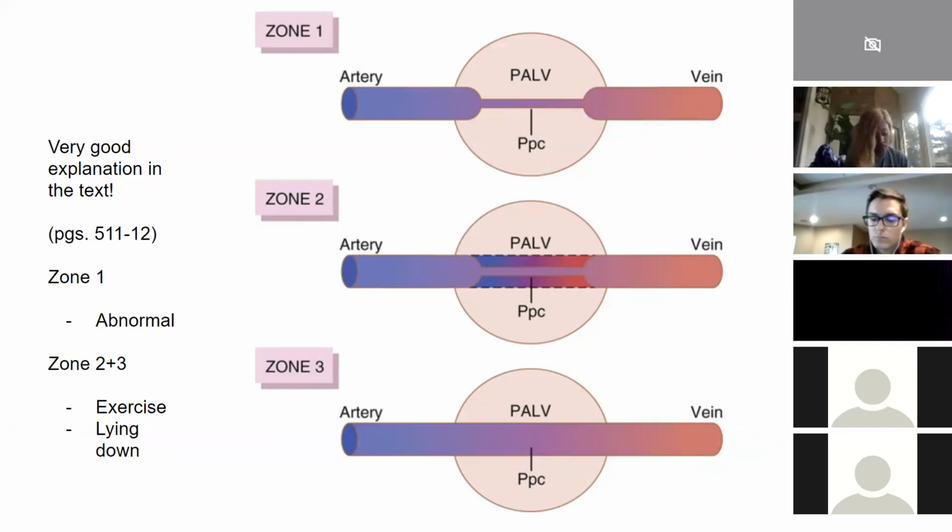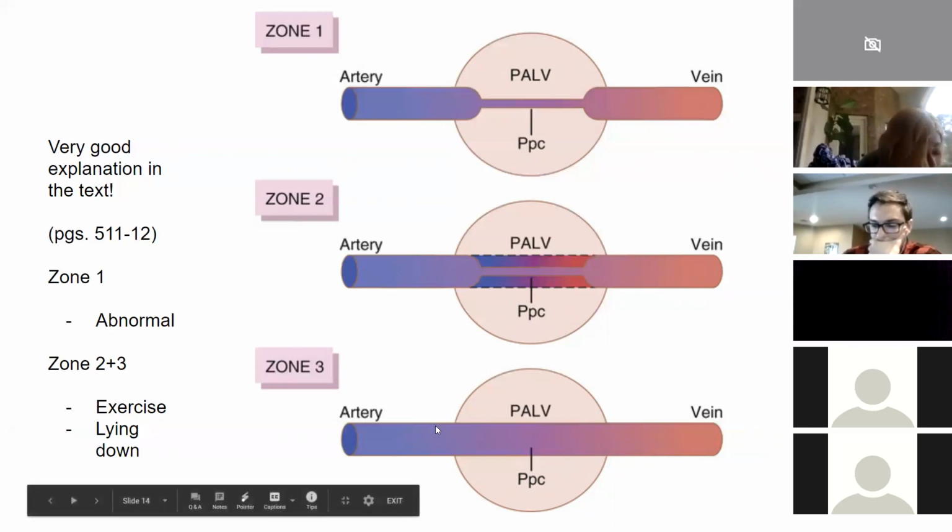Zone 2 is a situation where the pulmonary circulation varies depending on the cardiac cycle. So in the systolic phase of the cardiac pumping, the arteries would have a high pressure, and so chances are you can push through that capillary bed. In the diastolic phase, in some areas, you don't have enough pressure to push through. So the concept here is that the amount of flow will be dependent on the state.